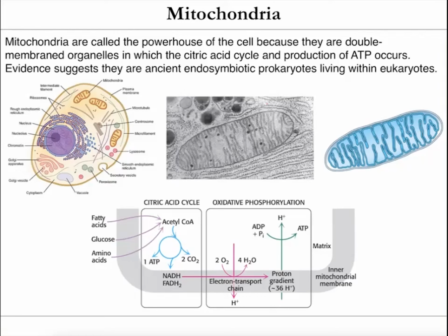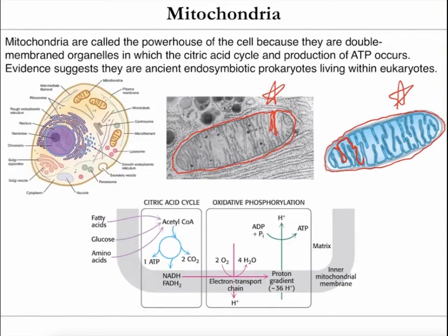So there's mitochondria. Here's an electron microscope image of a mitochondria here. And so they actually are double-membraned organelles. You can see that they have an outer membrane and they have an inner membrane that folds into itself to make these features called cristae. You can see it a little better in this cartoon here. So they have this outer membrane, and then they have this inner membrane that forms these invaginations called cristae.